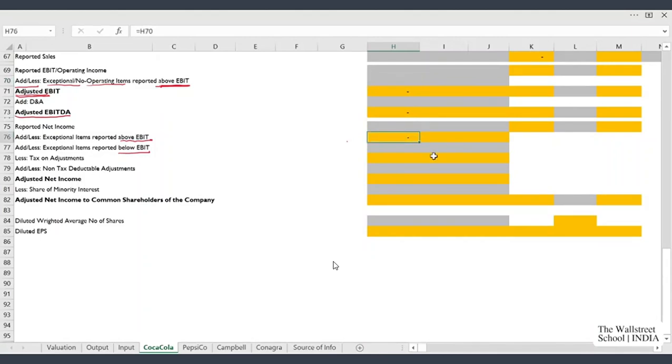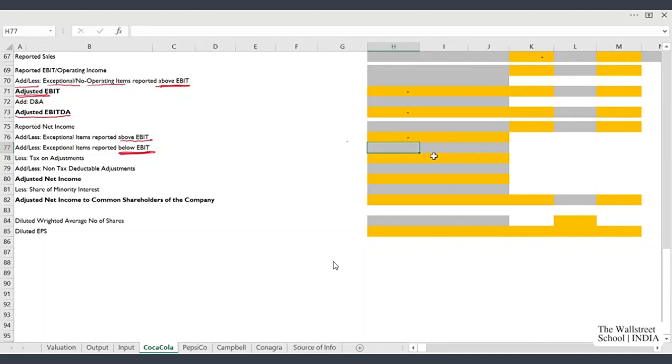Once we are done with the linking, in the next row we have to punch in exceptional items below EBIT. Whatever exceptional items the company has reported below EBIT, which have affected only net income but not EBIT of the company, should be adjusted separately here.